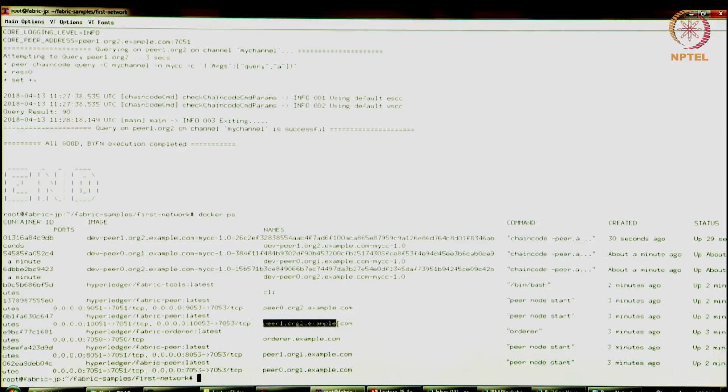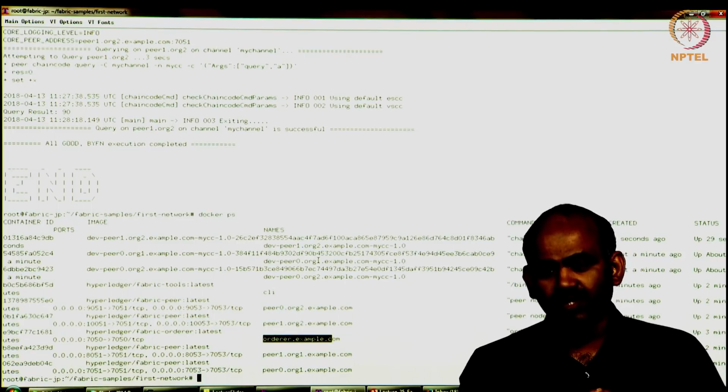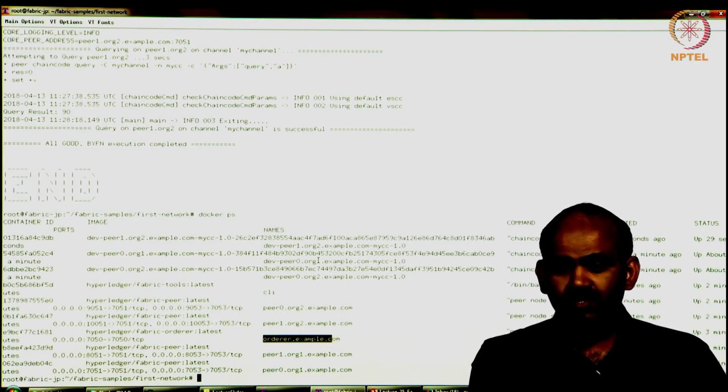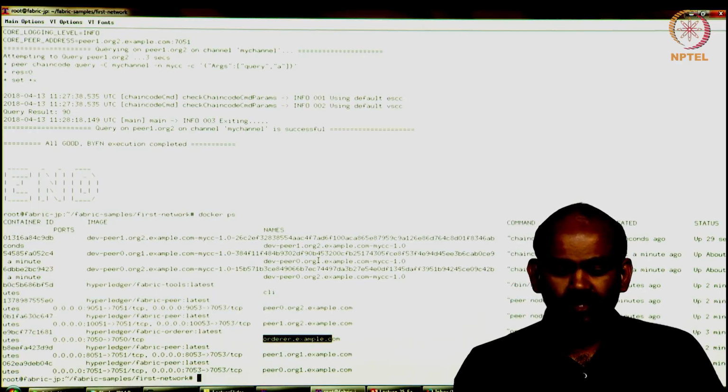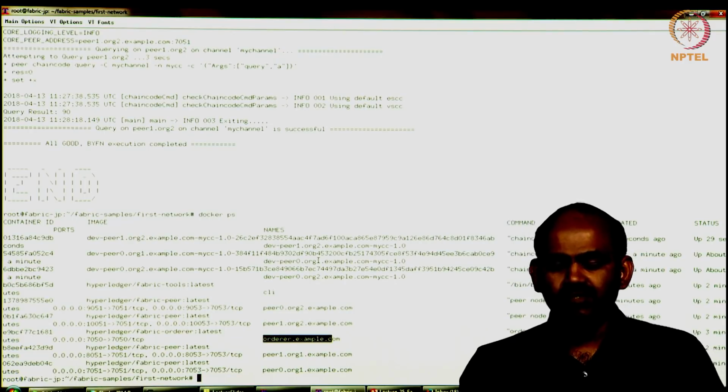So these are the 4 peers, 2 peers for each organization. We have one orderer that has come up. And note that we have not brought up a CA in this example. We used the cryptogen tool to generate the certificates. We did not use a Fabric CA. So that's also the power of an MSP. Fabric itself does not care where these certificates come from, as long as the MSP knows the certificates and the public keys for verification. So you can pre-generate the certificates, bring them on board into Fabric and plug them in, and that's what we're doing now. The other option, of course, is to have a Fabric CA generate the certificates and give them to the network.